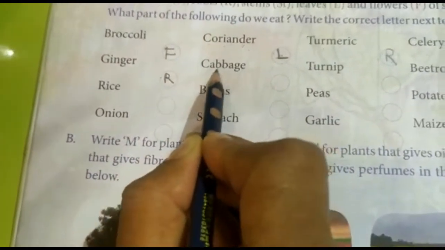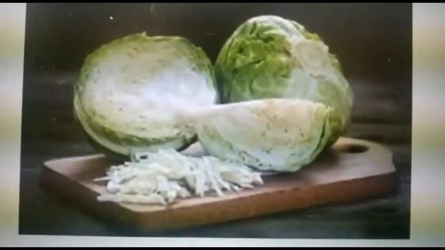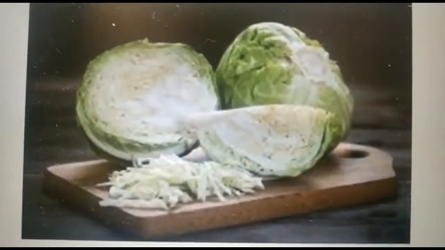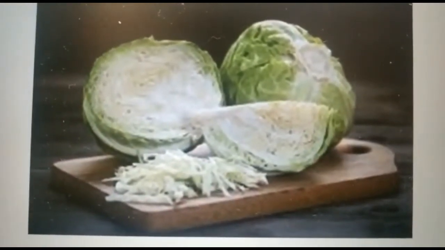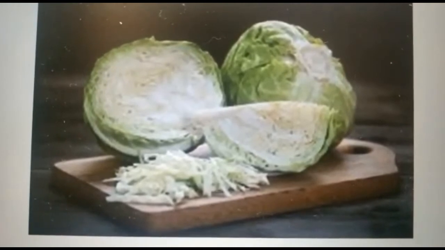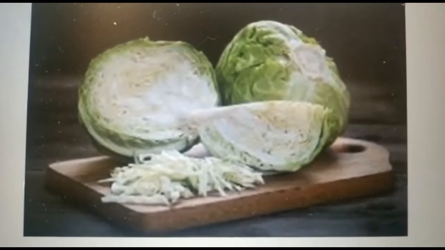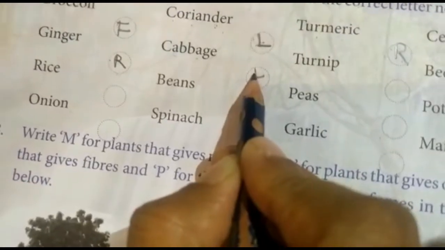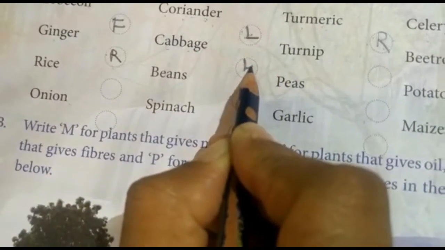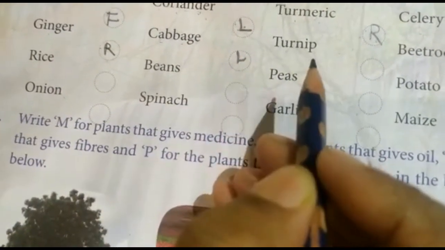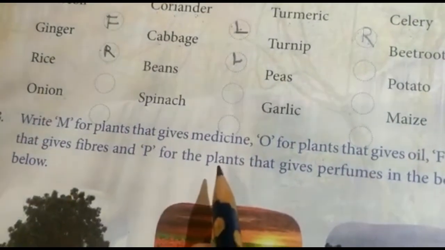Next we go to cabbage. Now look at the picture of cabbage. Green vegetable. This is also very healthy. And then we eat this part. What do you think? These are the leaf part. So what do we write here? We write L beside cabbage. So we write leaf L beside cabbage. And it is an excellent source of vitamin K. Right. And then it keeps your body protected from all damage.